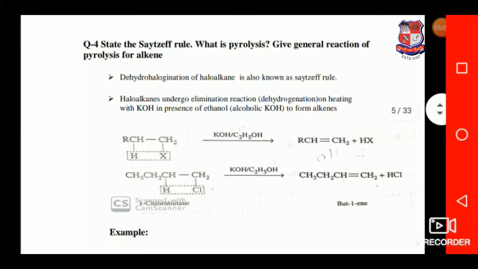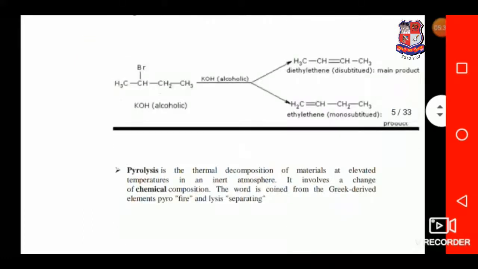Question number 4. State the Saytzeff rule. What is pyrolysis? And give general reactions of pyrolysis for alkenes. This rule involves dehydrohalogenation of haloalkanes and production of alkenes from that. So, haloalkanes undergo elimination reactions to form the alkene in the presence of KOH and ethanol. The example for that,